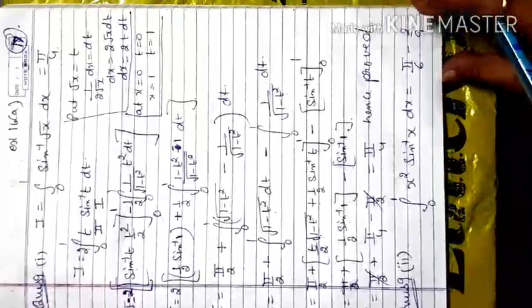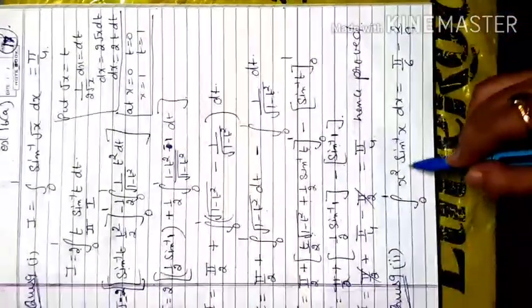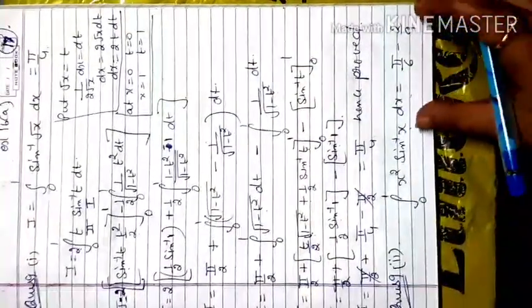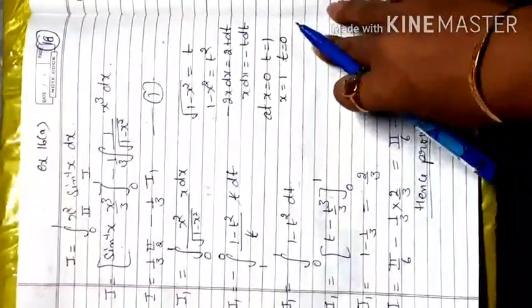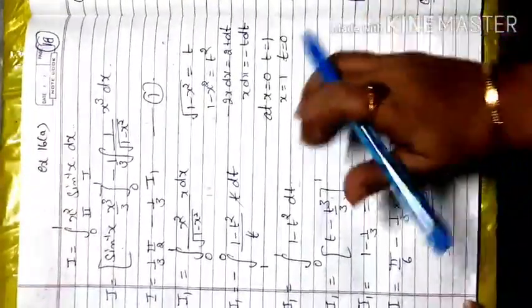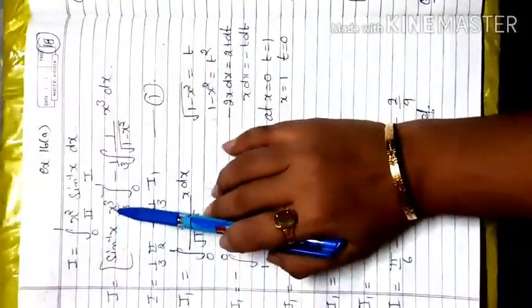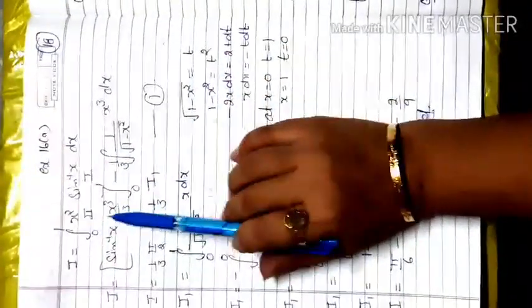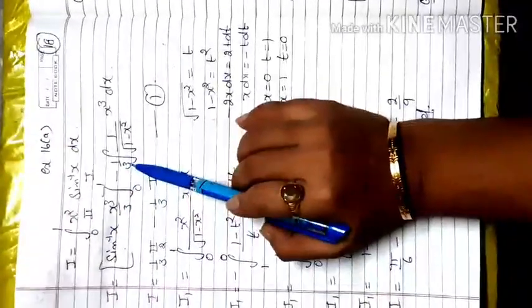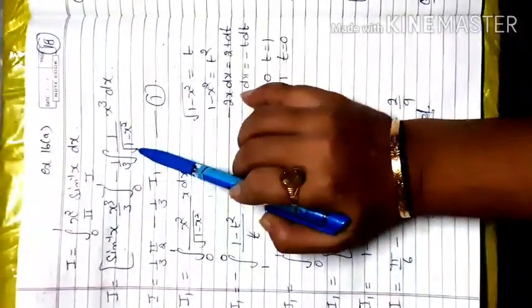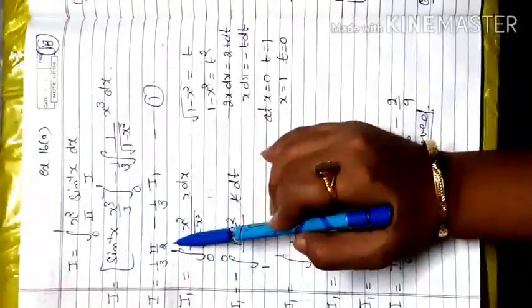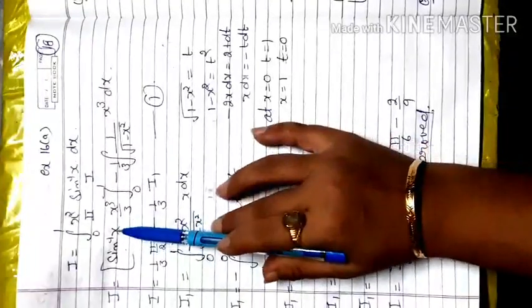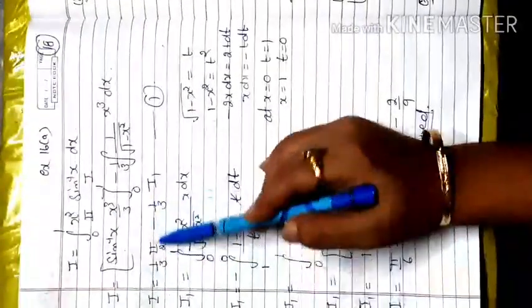Next is 9th question. Second part is 0 to 1 x square sine inverse x dx. Here you will go again with by parts. Here in this, x square will be considered as your second function, because always the inverse function will be considered as your first function. Here sine inverse x times x cube by 3, integration of x square is x cube by 3, minus 1 by 3, keep it outside, x cube by root of 1 minus x square. So this term will be considered as I1, and after applying the limit here we only get pi by 2, because sine inverse 1 is left, 1 by 3 times pi by 2. So that becomes pi by 6.